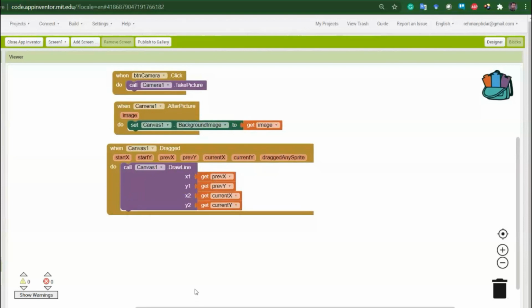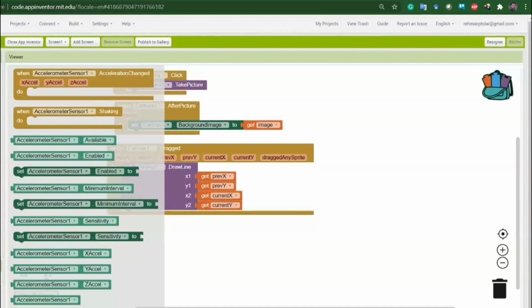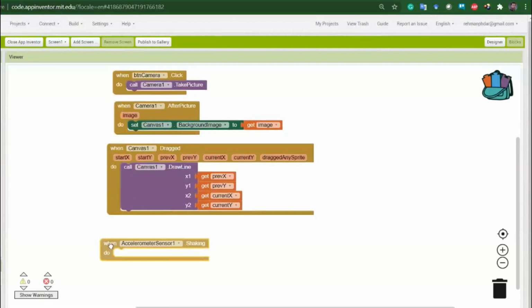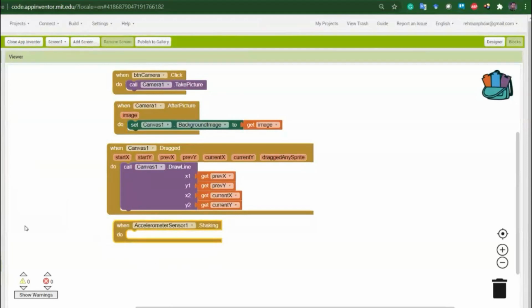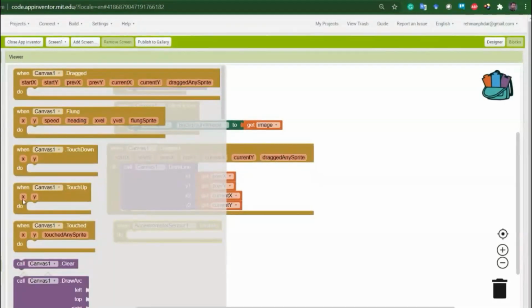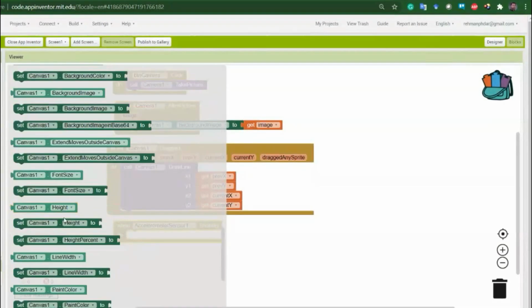Okay, and once you draw lines on it, if you want to clear the drawing, for example you did a mistake, you want to clear and start again, then we will use the accelerometer functionality. So when the accelerometer 1 dot shaking, when it is shaken, then what we should do, we should clear the canvas. Come to canvas again and go to its properties.